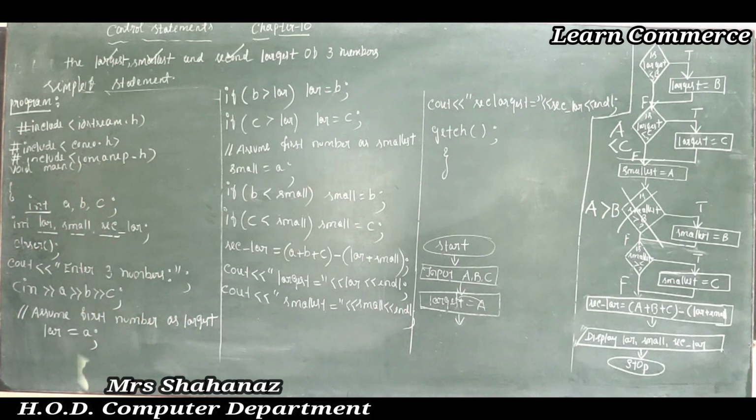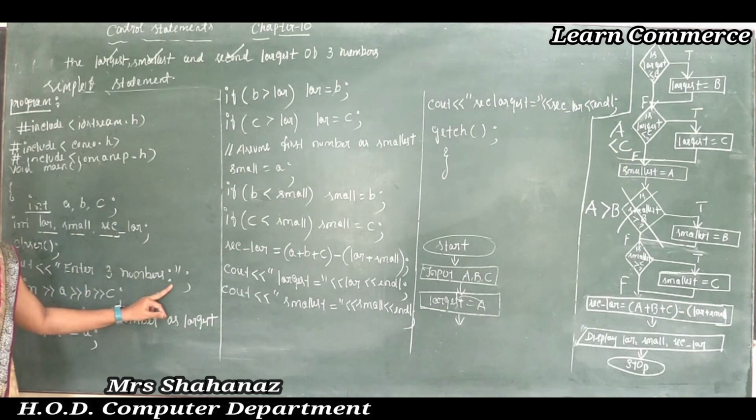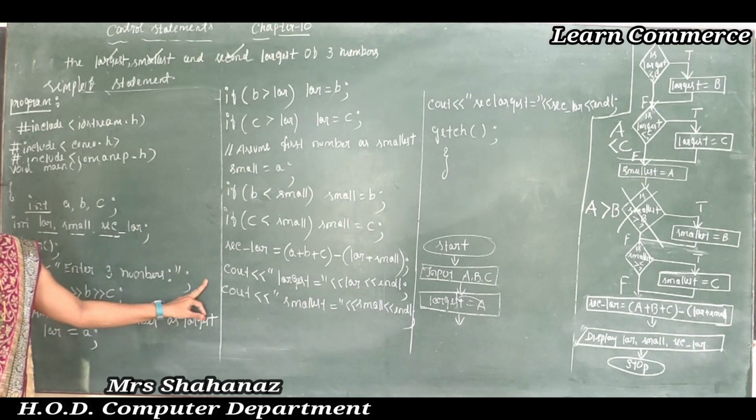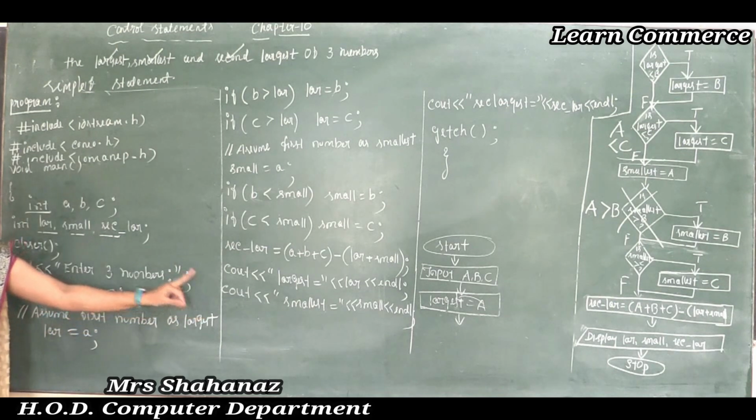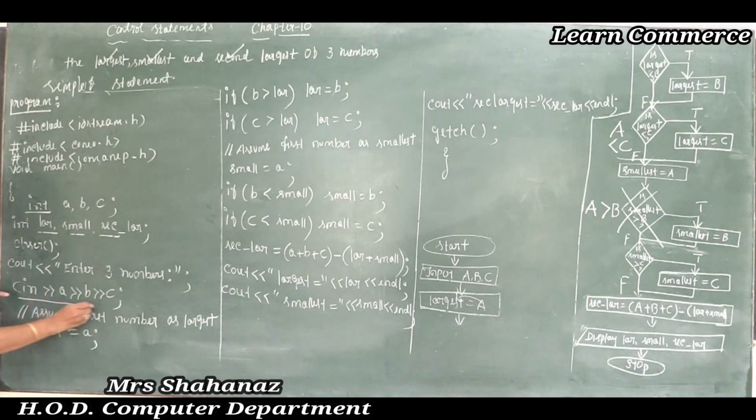Otherwise, very simply, we can use the cascading input method. So at one time, three numbers are going to be input into the variables. Here I used the message, opening of the double quotation, "Enter 3 numbers". I also want to use the colon, to make my message attractive. Then closing of the double quotation, and the statement is terminated by a semicolon, and I am using the